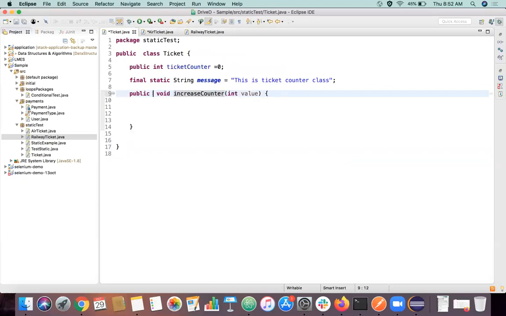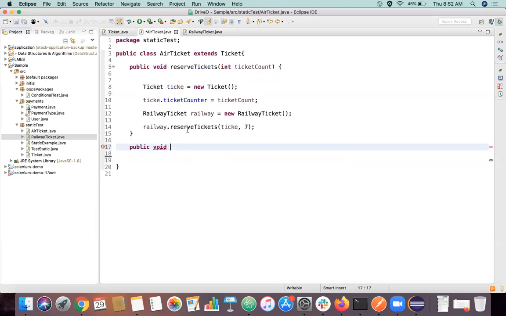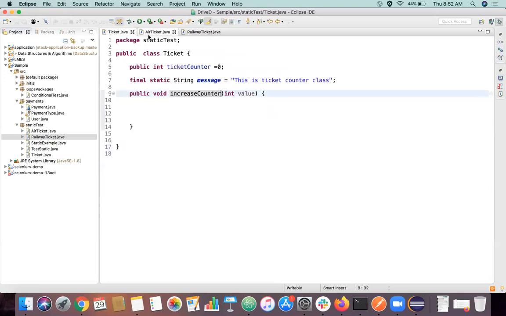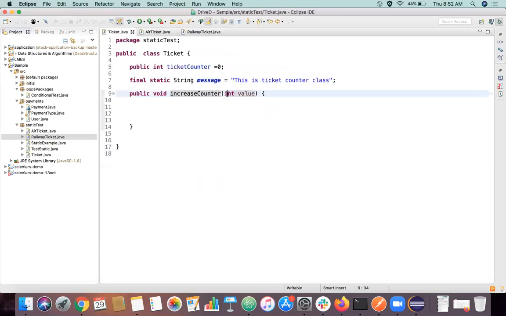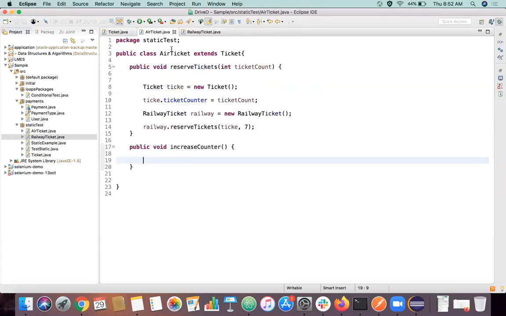Let's remove the static. Okay. So I'm extending this. I'm passing the same argument as well, right?